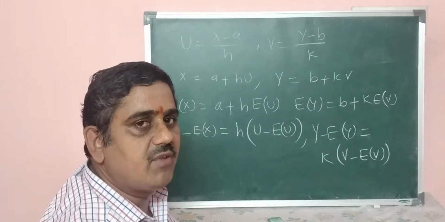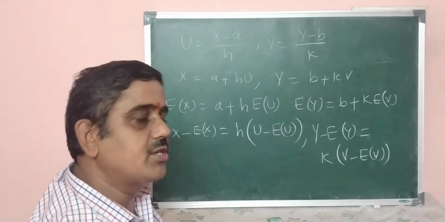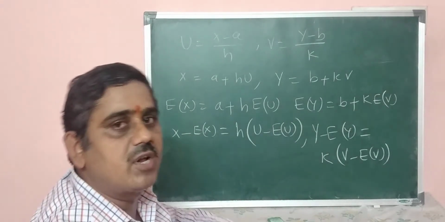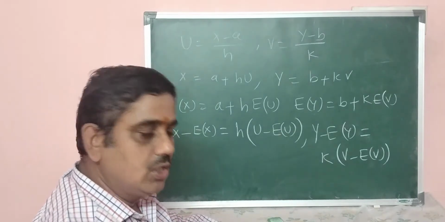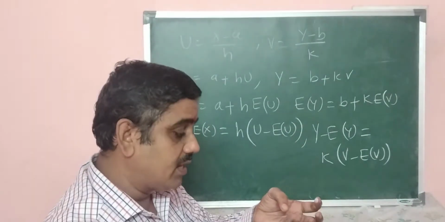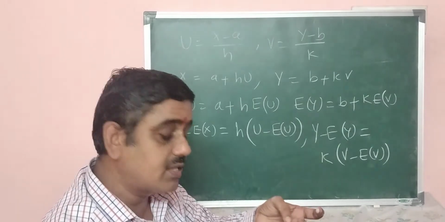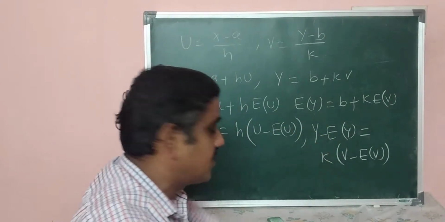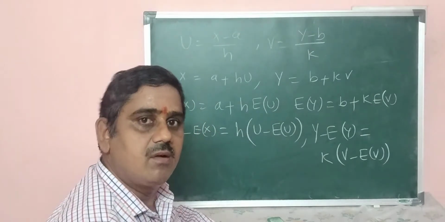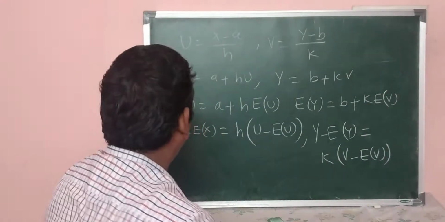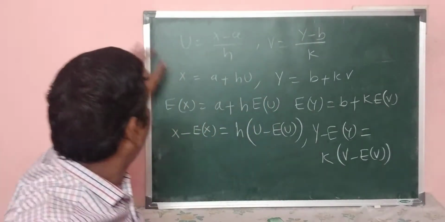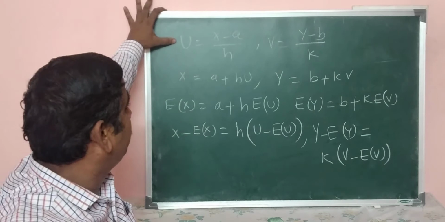X minus expectation of x into y minus expectation of y, and also the whole square. So for which I calculate the covariance of xy, sigma x, sigma y. In both the terms, covariance of xy, sigma x, sigma y, we have these two terms only: x minus expectation of x, y minus expectation of y. Okay, I write here. Hope you are able to follow, right? I hope you are following these values.